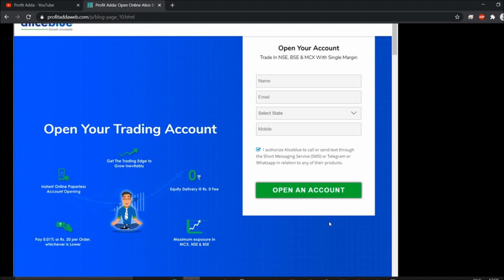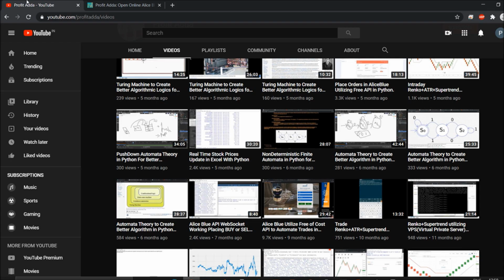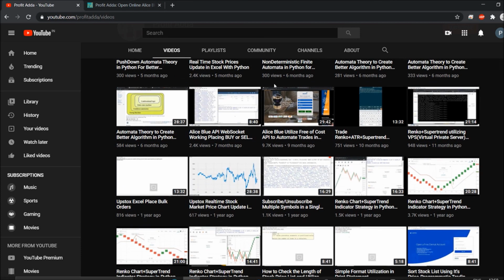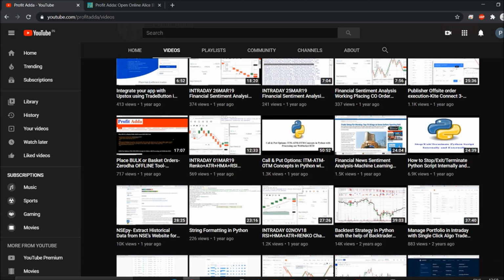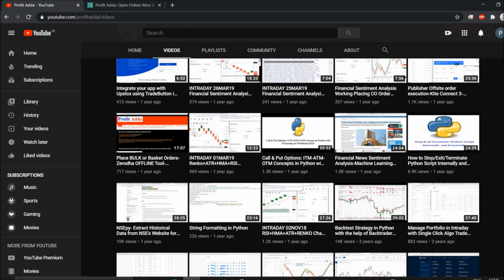For these things you need an API, and Allies Blue provides a free API which I already discussed in my videos. So you need two things here. You need to know how you can generate the access token. With the help of username, password and access token we will proceed further, and we will talk about the importance of fetching this symbol, which we call call and put.